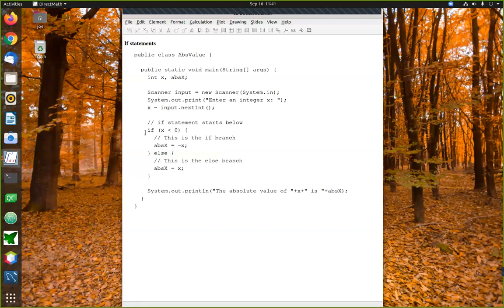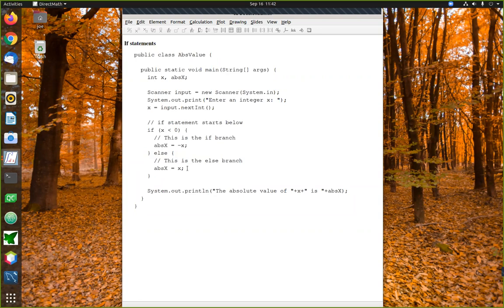And for that, once again, we'll use an if statement. Right, so in the if statement, we're going to simply ask a question about the value that the user just entered. If the value they entered is negative, then we have one outcome that goes in the if branch. And if the value they entered is not negative, there's a second outcome that goes into the else branch. Right, now, what we're trying to do in this example is compute the absolute value of the number that the user entered.